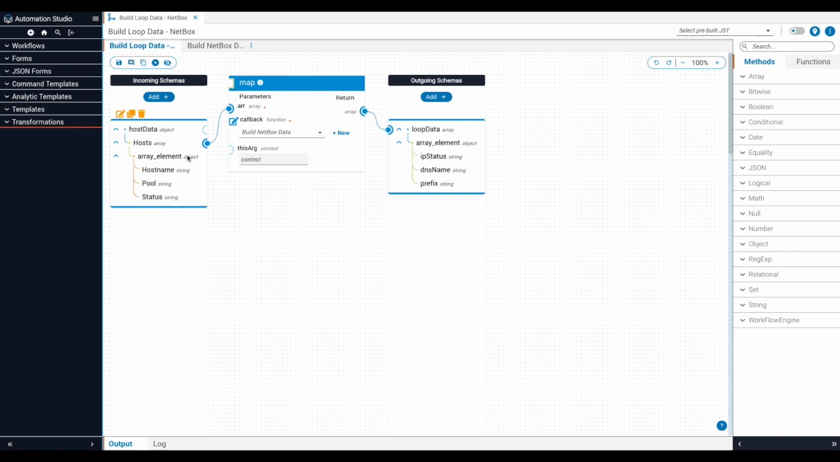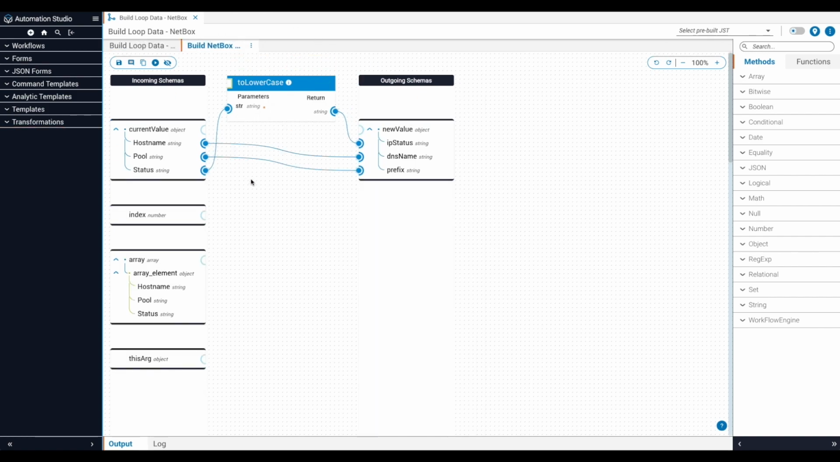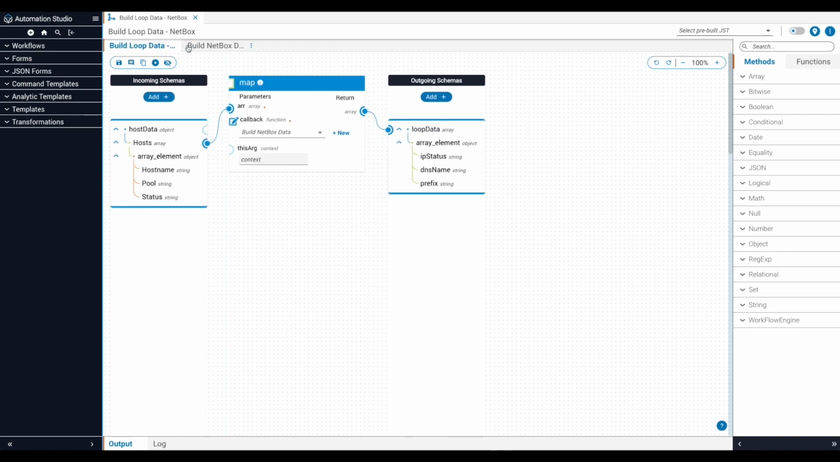Looking at our transformation now, on the left-hand side, we're taking in host data parsed from our spreadsheet, and we're using this map function to turn it into the data we need to send to NetBox, shown on the right-hand side. Inside of our map function, we're going through each row in our spreadsheet and converting it to the values we need. So we're changing the names of our variables, and we're also converting our status value to be all lowercase. In the end, what we'll have is a list of IP address allocation requests, which we will use in